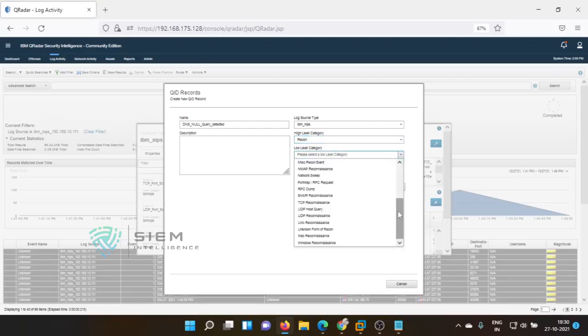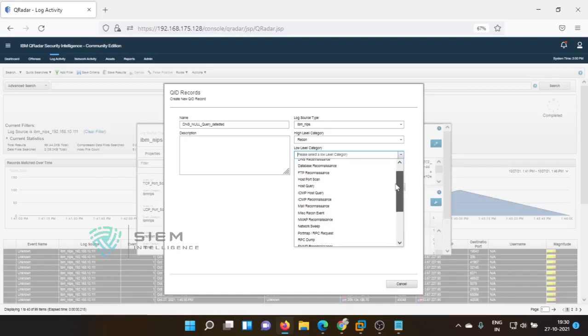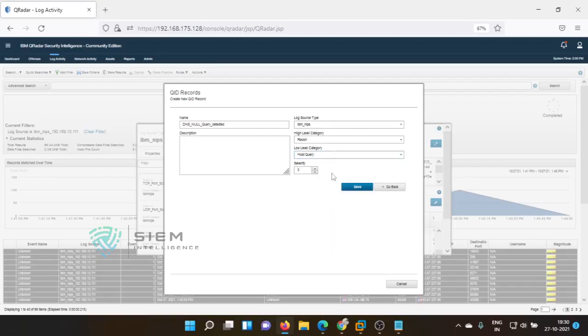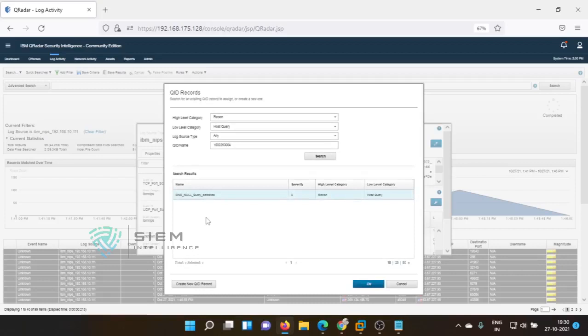So there may be chance, see, there may be null queries there. You can go for host query or miscellaneous recon event, or you can do host query is good. Select host query. So this again, this is up to you. Whatever you are working, that will be the final. This is again, you should know the kind of event, what is the meaning of that event.